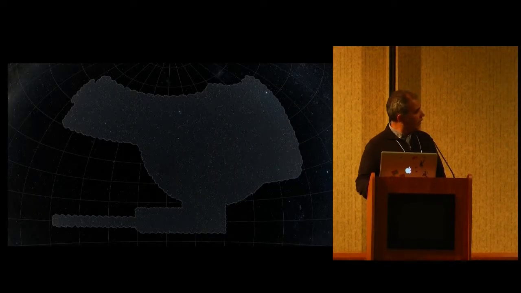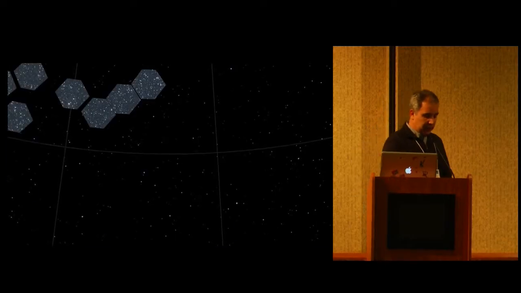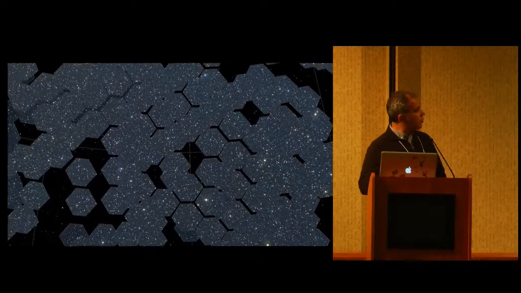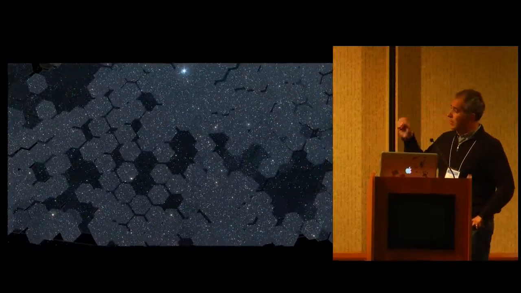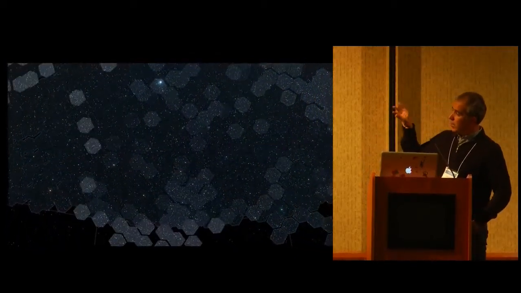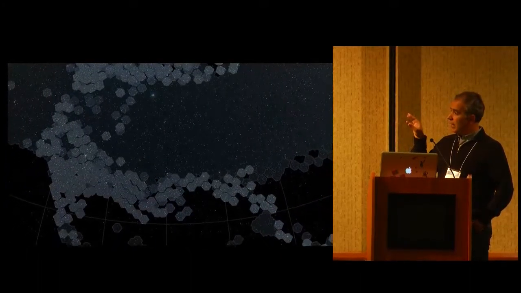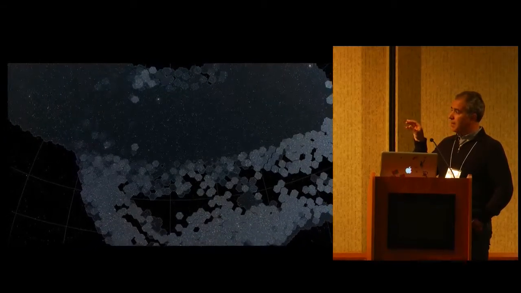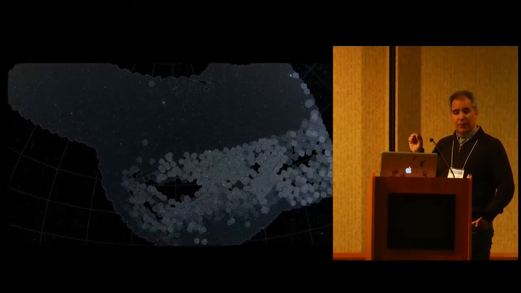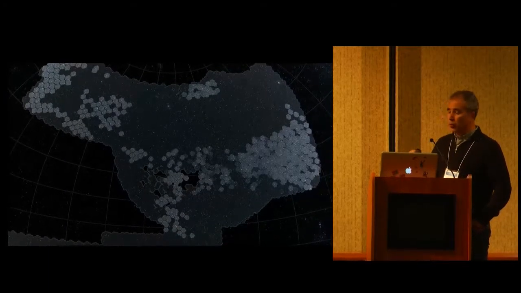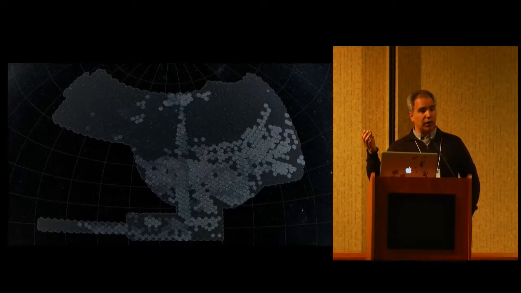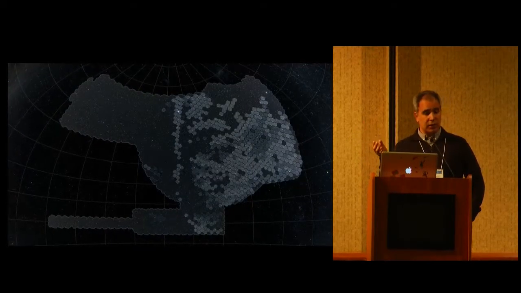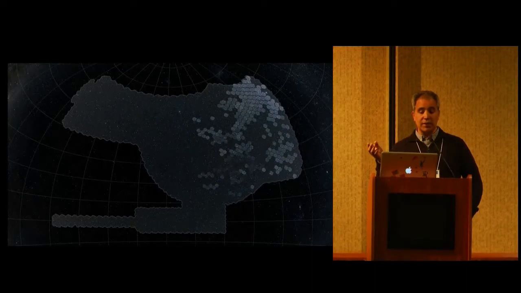And here we have a very nice animation made by Donna Cox's group at NCSA that shows the buildup of the survey over 3 years. You can see each one of the hexagons that is popping up is one pointing. And we see how slowly, over a period of 3 years, we have been collecting data and building up both depth and the survey footprint. We want to do both, as I mentioned before, because we want to actually find the faintest galaxies. We want to actually go back in time. But also we need the coverage to have a statistical sample.